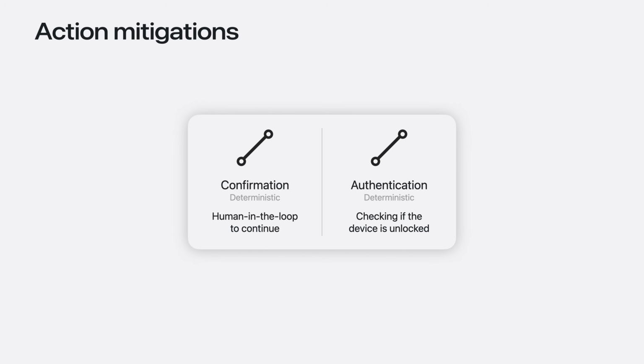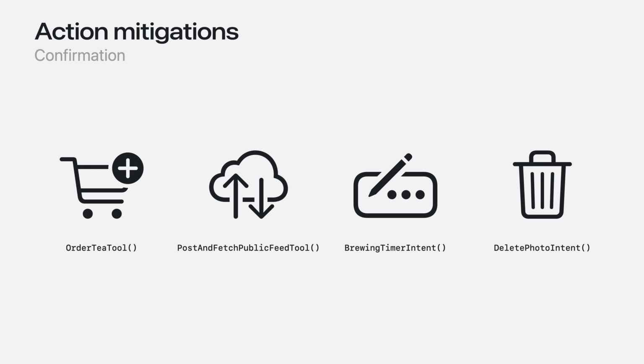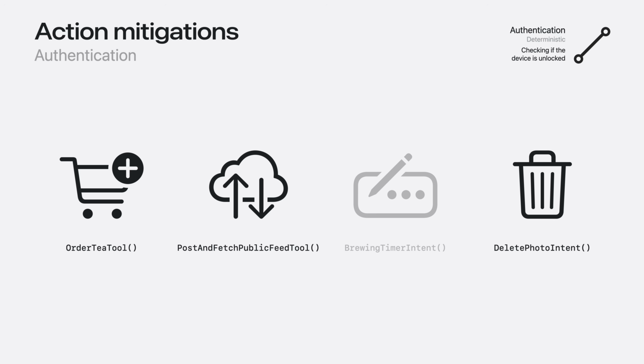Now, let's look at the action mitigations you can implement. First, consider which actions should have a user confirmation. These are actions that are worth having a human check before continuing due to the side effects they contain. Next, consider which tool should only work whenever the device is authenticated or unlocked. Because the agent may be reachable from the lock screen, actions with significant risk to the user should not be